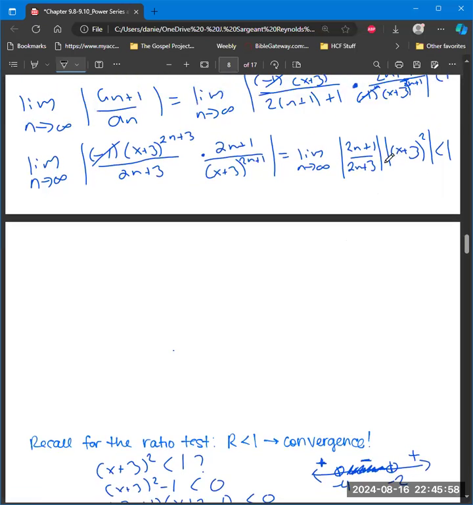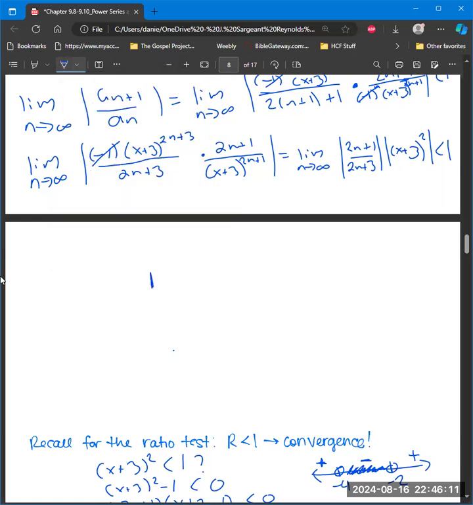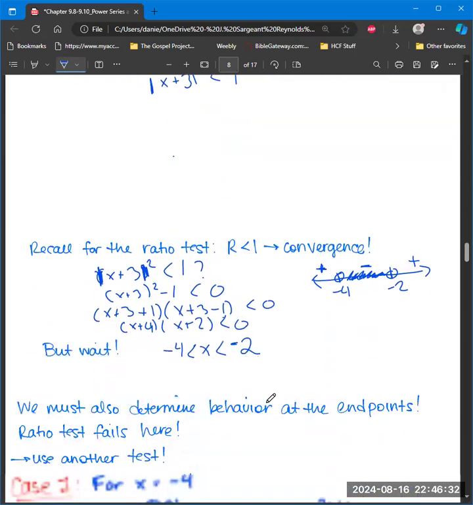So I have this, and I'm ready to say, okay, that means that the absolute value of x plus 3 squared needs to be less than 1. And is that possible for that to happen? Yeah, that can happen. So what I'm going to do with that is